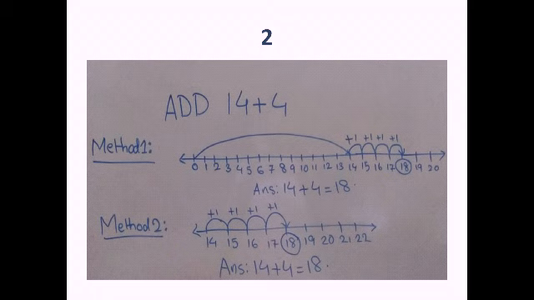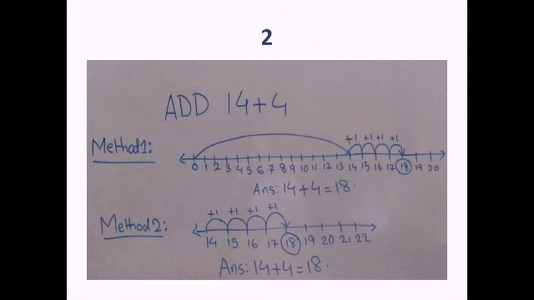First you took 14 jumps. Then I told you that if you take 4 more jumps after 14, you will reach your destination. So from the number 14, if you take 4 jumps, on which number do you land? You land on the number 18. So this is how you do addition on a number line. Now, when it is asked to draw the number line and add, you have to draw this number line. So this was method 1.